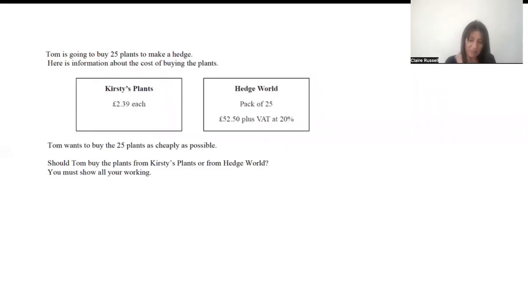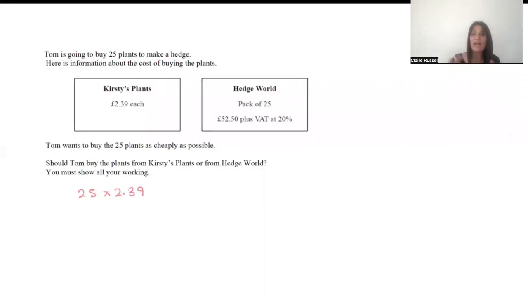Okay, so we want to be buying these 25 plants as cheaply as possible, which requires us to basically work out the cost for both Kirsty's plants and Hedge World. So for Kirsty's plants, we're literally going to do 25 times £2.39. And you will do whatever